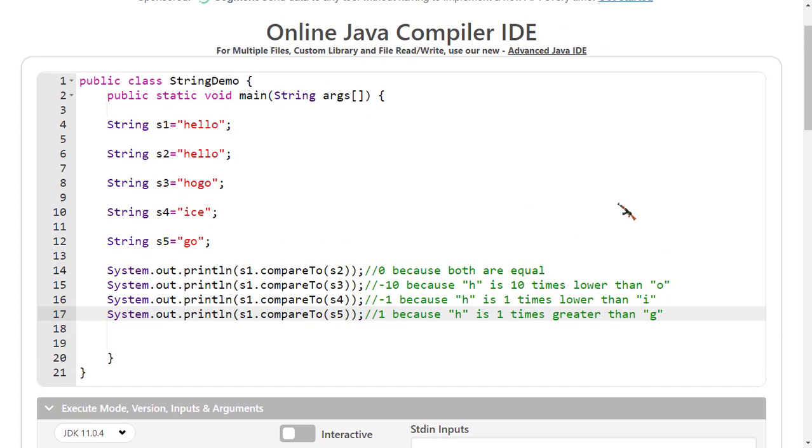So this is a simple method, compareTo. That's it for this video. In the next video we are going to see the next Java